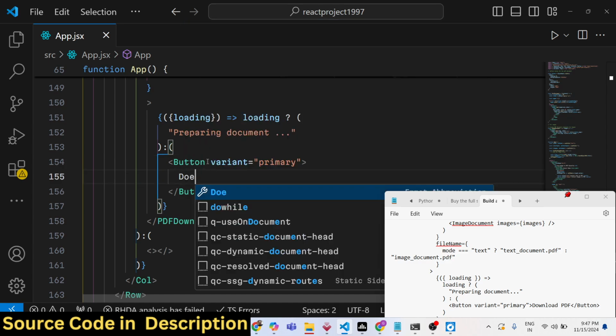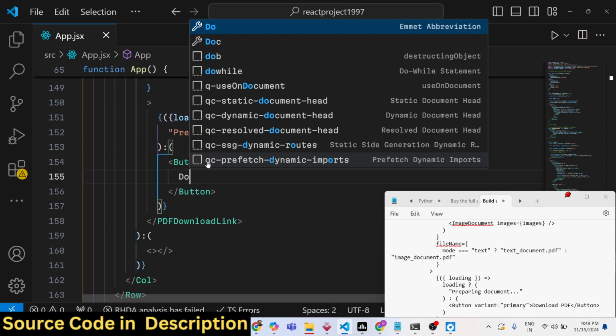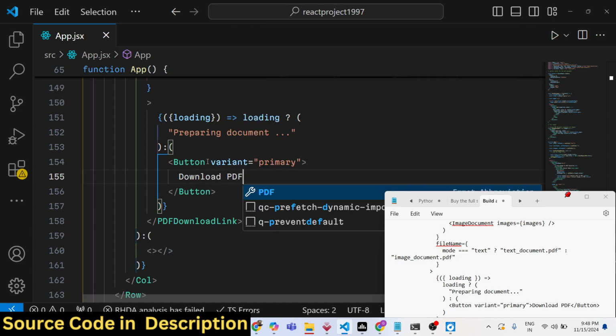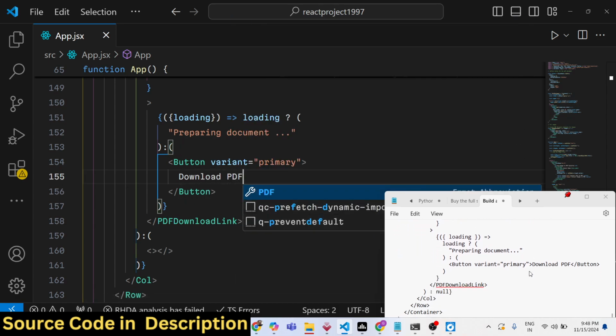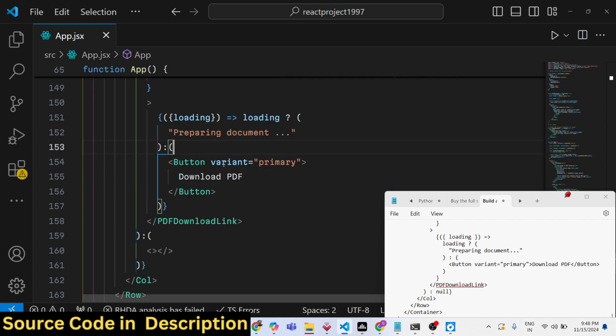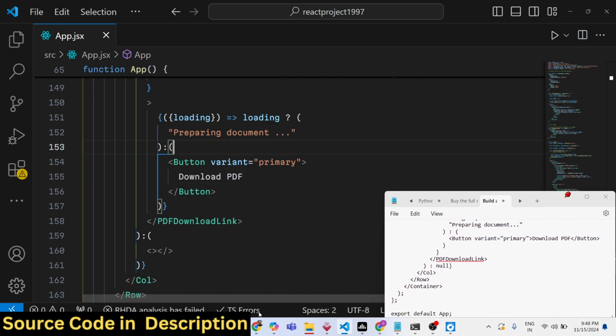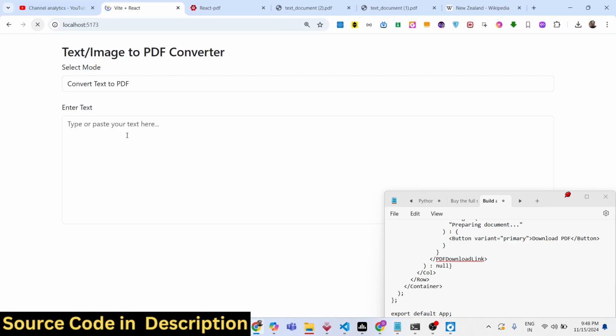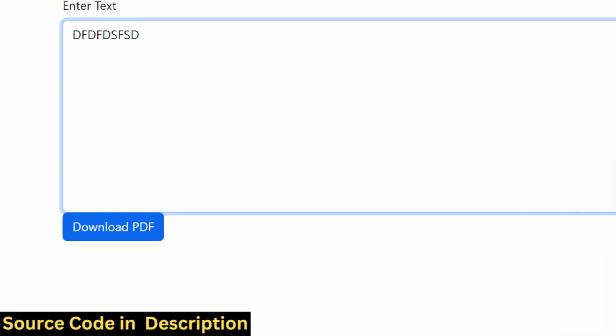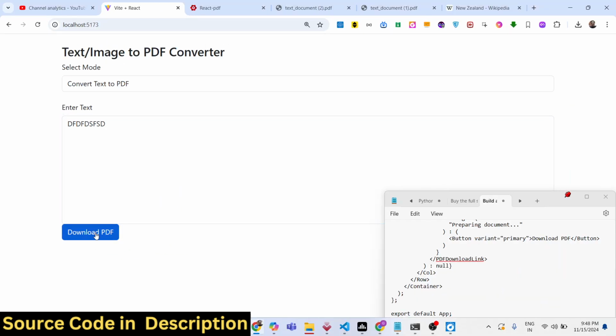Simply say here download PDF. That's all. It's there, guys. If you try to paste, you will see this download PDF button appearing at the bottom. If you click it,